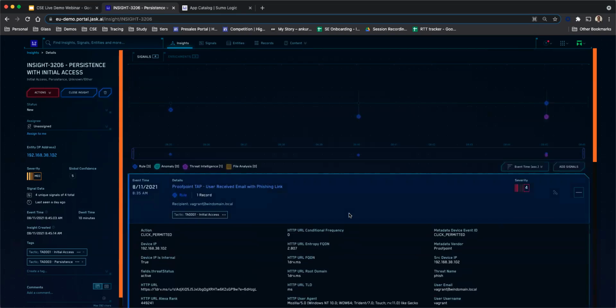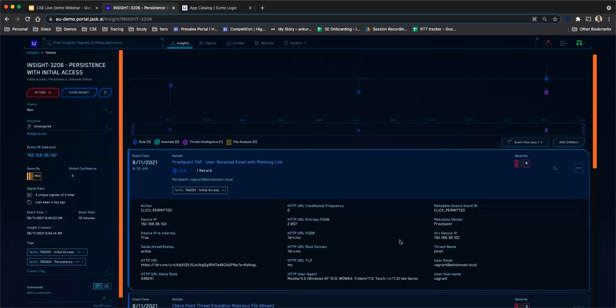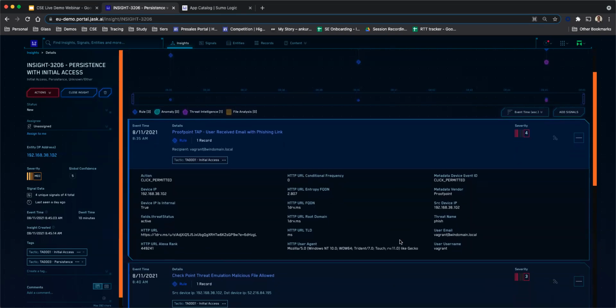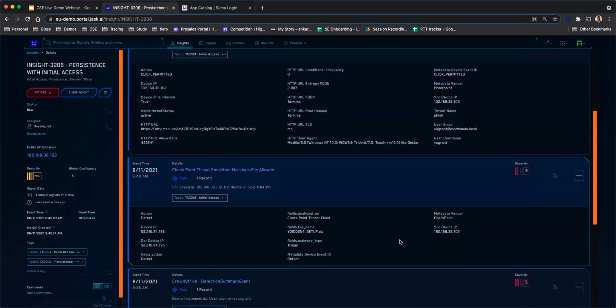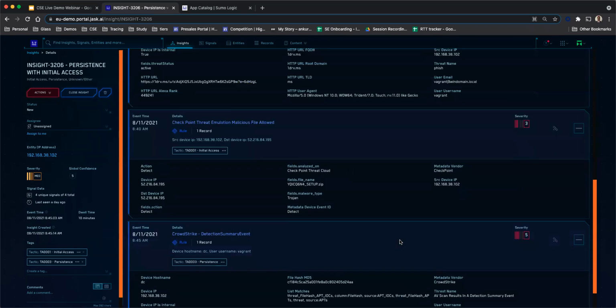So if not for Sumo Logic Cloud SIEM, you would have definitely seen all these signals or alerts getting created. But then the analyst has to go through all those 500K plus signals, and they need to make out what has actually happened. Whereas with Sumo Logic Cloud SIEM, we are automatically correlating all these related signals, and the analyst can just go through these 4 different signals to analyze what has actually happened.